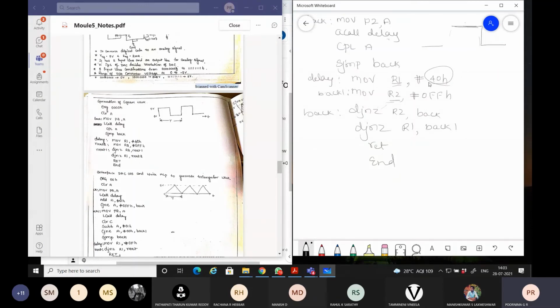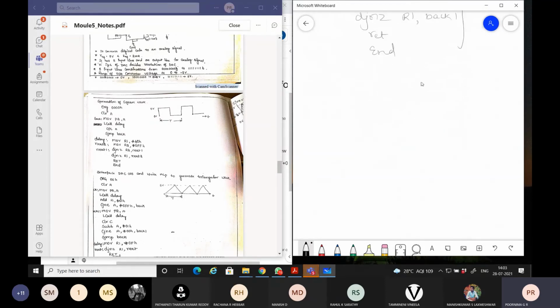So whenever this program is executed, it will retain that 0 on the DAC output for a certain time. That time is provided through these instructions, and afterwards it complements that, its value goes to high, and then that value will be delayed for this much time, and then it will take the next value after complementing. So this process will be continuously repeated because the complete program has been kept in a loop. Is it clear, students?